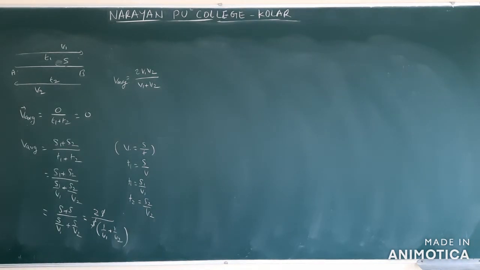See the example 5. Example 5 also we solve. A particle moves from A to B, first 1/3 time with some amount of speed v1 and the next 2/3 time with speed v2, isn't it? Here they give time. Time you have to see carefully. Okay, here you have to change the equation in terms of time, not the distance. A particle moves from A to B for the first 1/3 time with speed v1 and the next 2/3 time with speed v2. Then find the average speed.